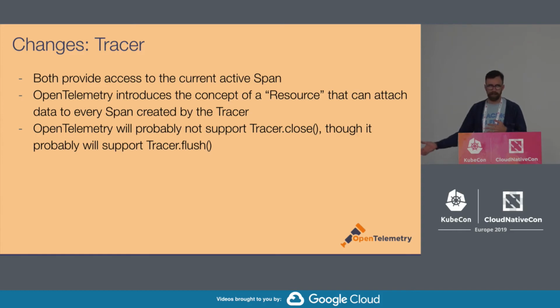We'd like to be able to get that data, and in the earlier session this morning, someone was asking a great question about how we're going to do correlations between different streams of metrics and traces and stuff. This resource idea is really important there, where it's going to be possible in a portable way to say that the CPU and memory from your process will be easy to reflect in the traces, regardless of which vendor you use for tracing. I think that's really important in that a lot of latency issues and reliability issues have to do with the resource itself being overloaded. And I think that this will make it much easier to spot that sort of thing.